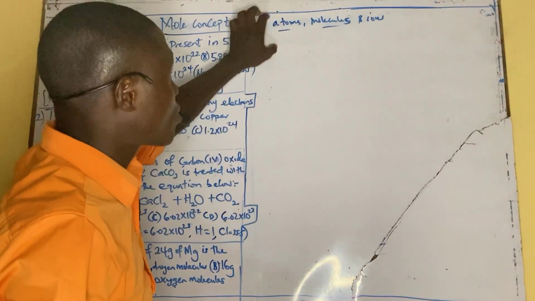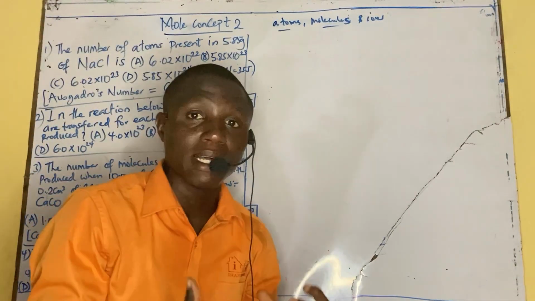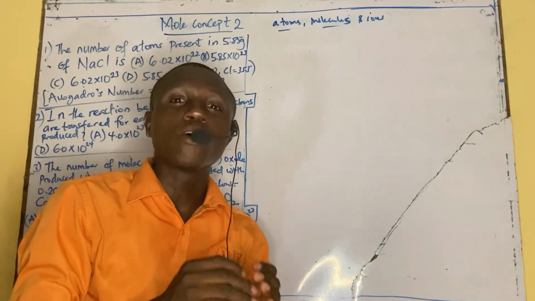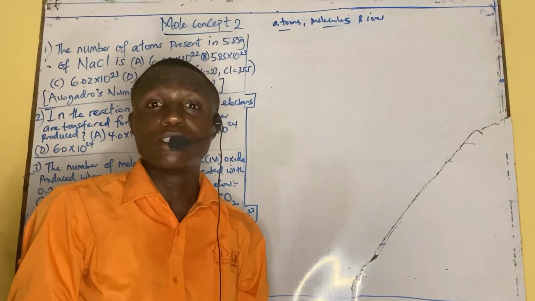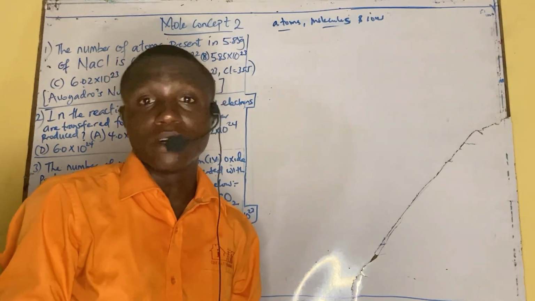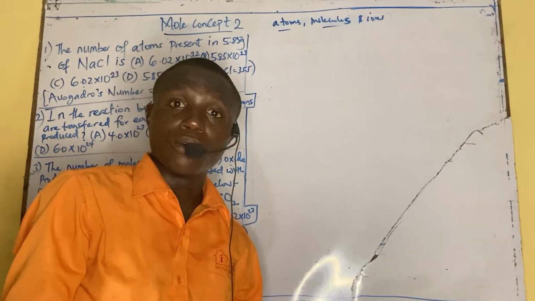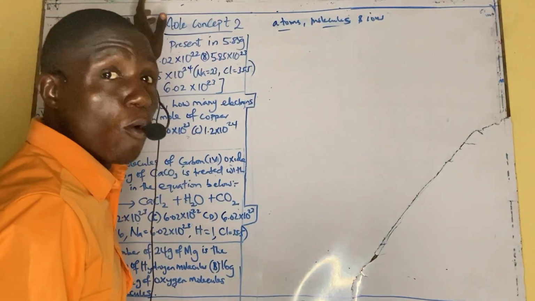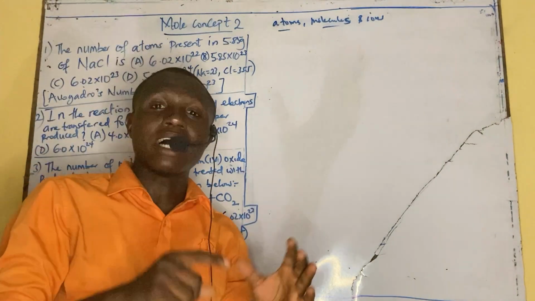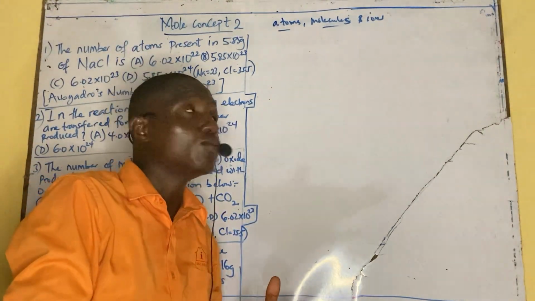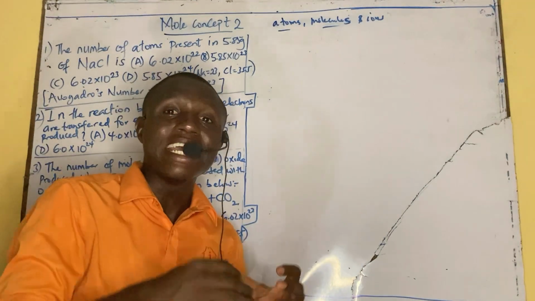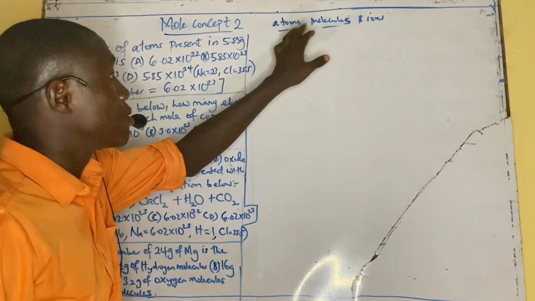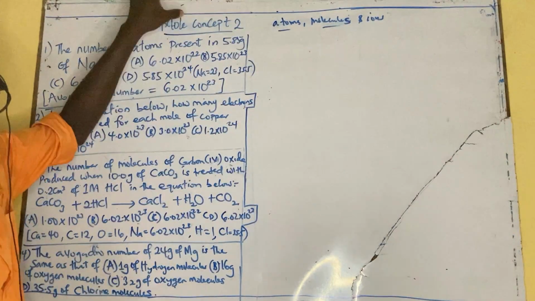When it comes to atoms, molecules, or ions contained in matter, they are very small particles of a substance that cannot be measured with a weighing balance or with a volumetric flask or a cylinder. Then comes the place of the mole. We use the mole to measure atoms, molecules, and ions contained in matter. So if you want to know the number of atoms, molecules, and ions, we use the principle of